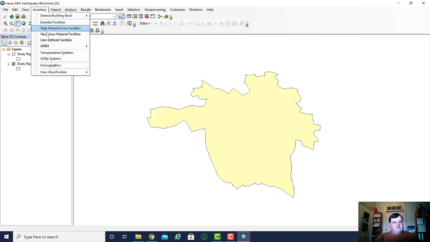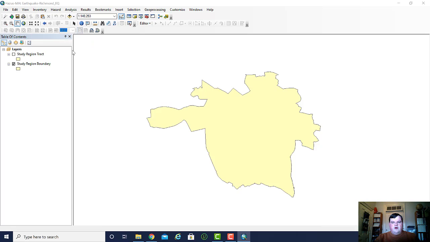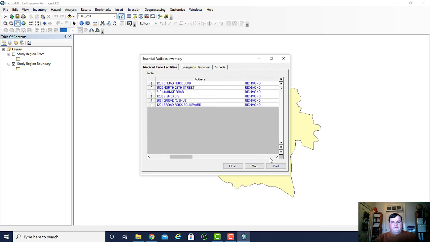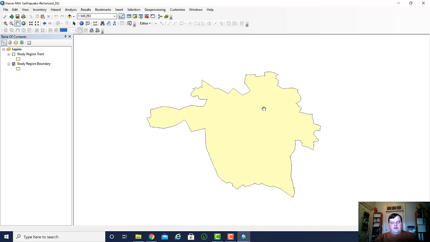So those are some of the main points. Again, you can do user-defined facilities as well if you want to look at some of your essential facilities that you have here, and you'll get more results than you would with the hurricane model. The hurricane model is a little bit different with the probabilistic, because it actually has a database of modeled events